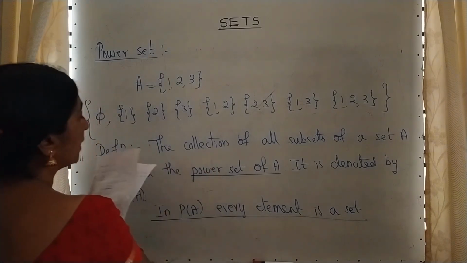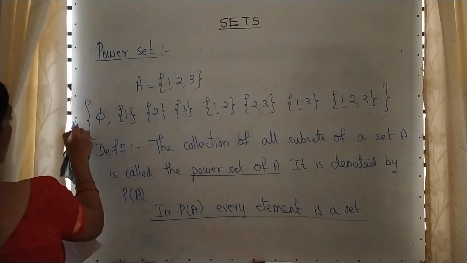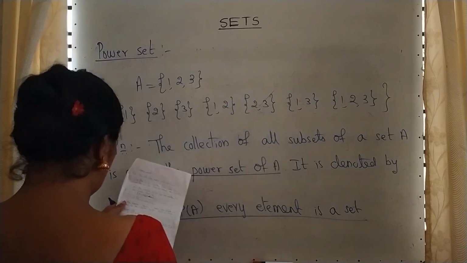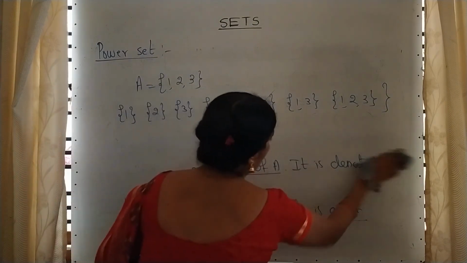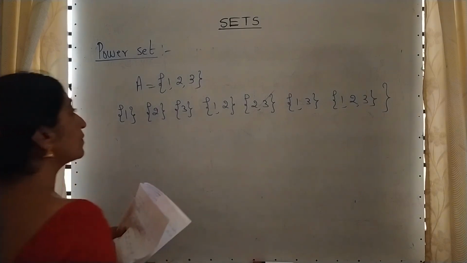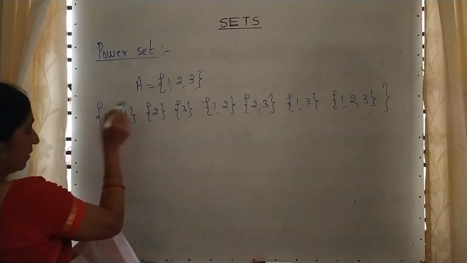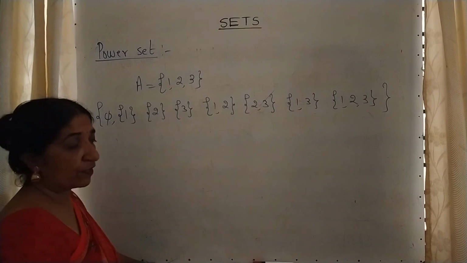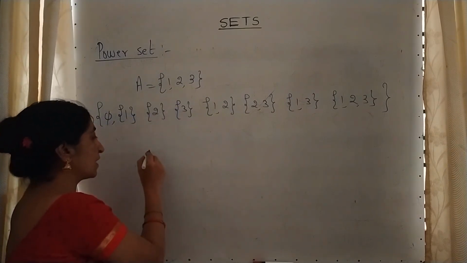Now, the example is this one. Same, power set P of A is equal to the null set, single elements, double elements and the set itself. And there is one important point we have to note down, and again it is very important for CET. See here, in this example we have only 3 elements and it is very easy to calculate the power set. Suppose it contains more elements than these, it is very tough. Now I am giving you one important formula to find the number of elements of the power set.